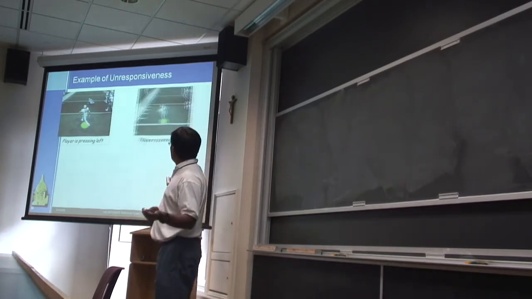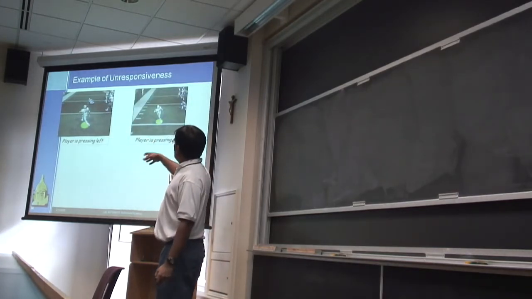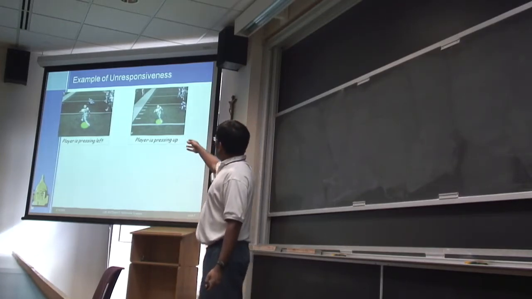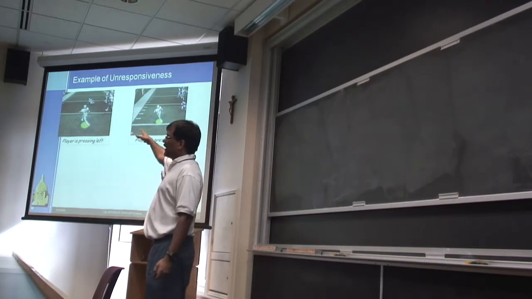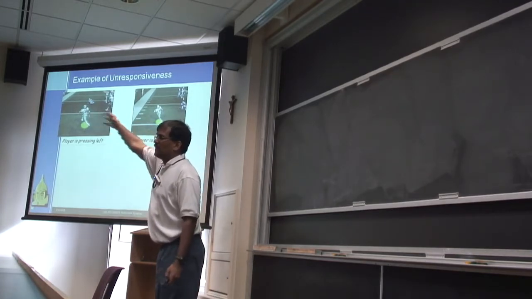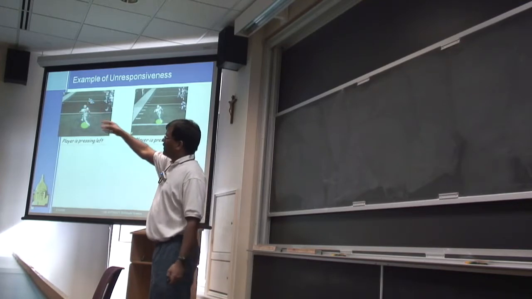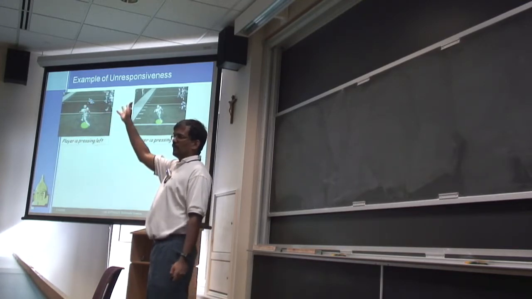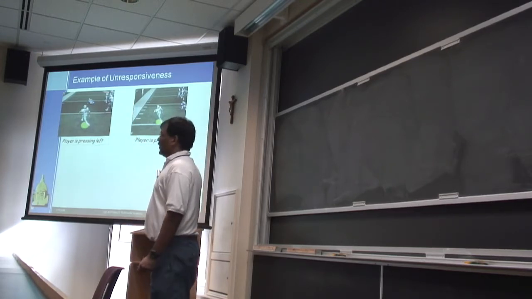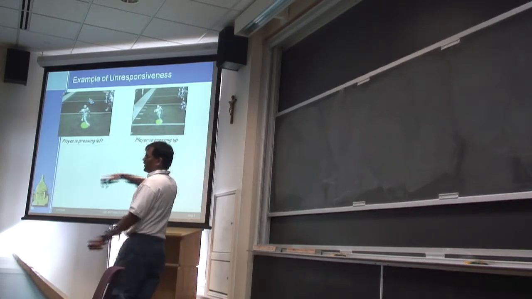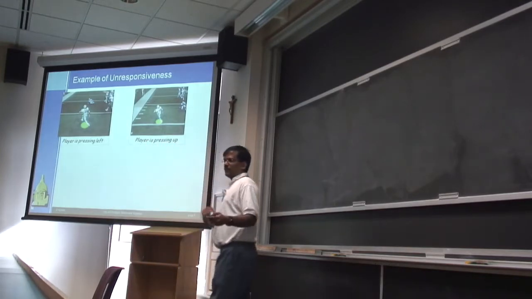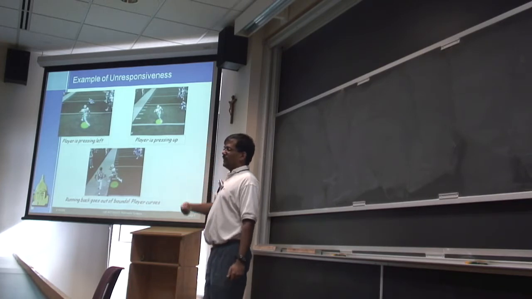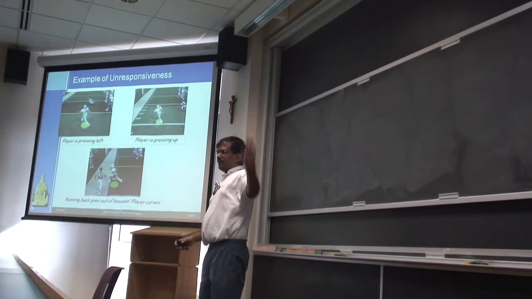So one of the games they had was a football game, right? I don't know how this particular game is, but apparently, the player is running towards the left, and at some point, you want them to stop going left and then start moving up, right? And you would like to make them go as far as possible. You don't want to be conservative and not let them go all the way. And it may so happen that if it's not responsive enough, then the player will keep going to the left,